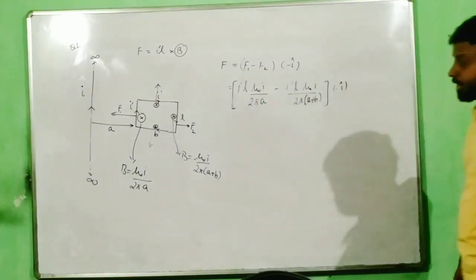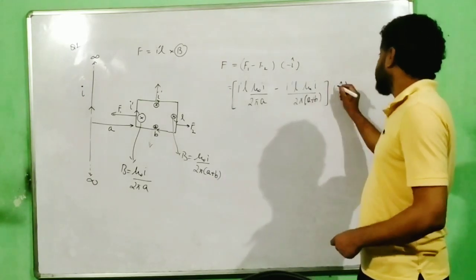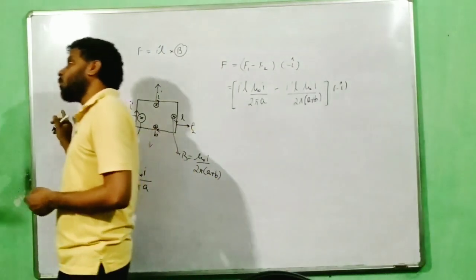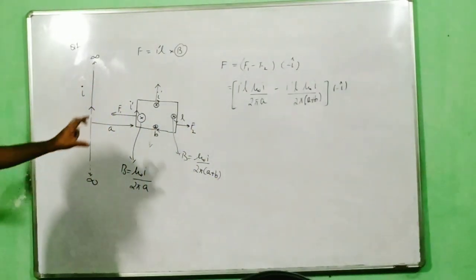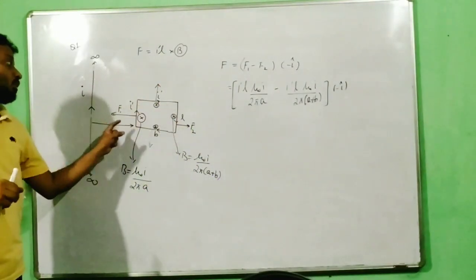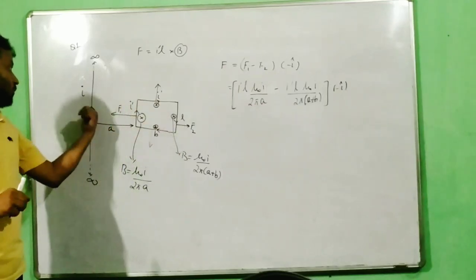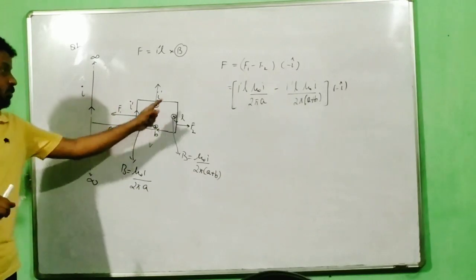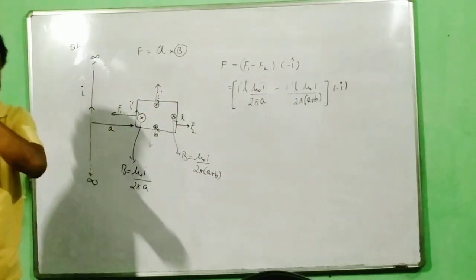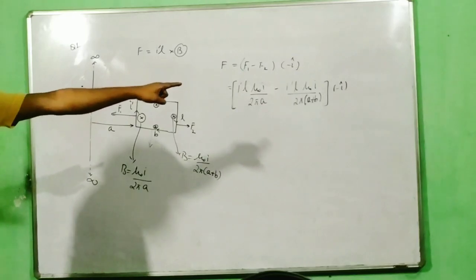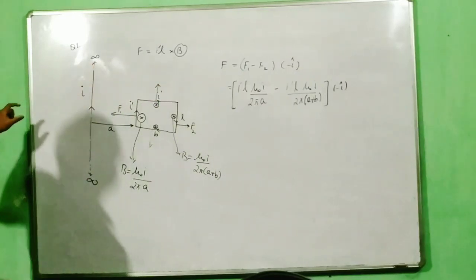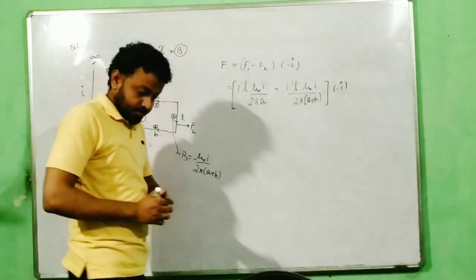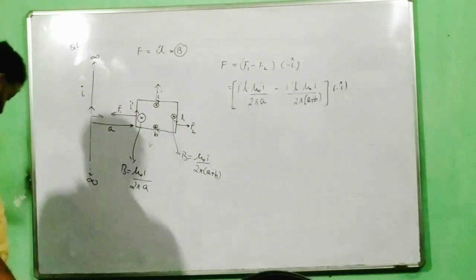Interesting, correct? Here they ask what is the force on the wire because of the loop. What we have found is the force on the loop because of the wire. If the question is vice versa, find the force on the wire because of the loop, the answer is the same. Newton's third law. Direction, there we got minus i cap, here we will get plus i cap. But the answer will remain the same. Okay? Next question.